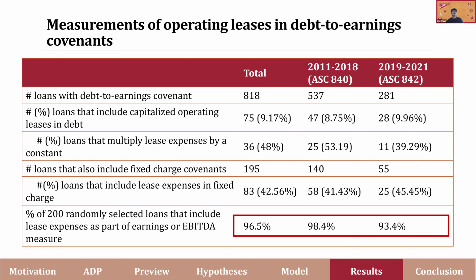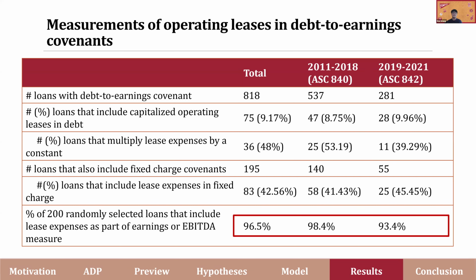So the last thing, last but not least, we dive deep into the weeds of how contracts actually go about defining operating leases. We looked at about 800 debt covenants, and we manually examined the contractual definitions of lease in each and every one of those contracts. We found that out of these 800 plus contracts, less than 10% include capitalized operating leases in debt. And among these 75 contracts that do include